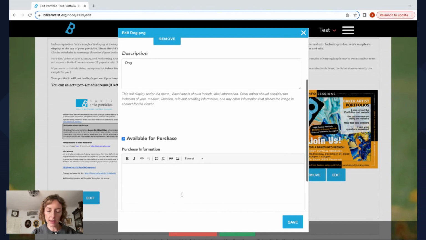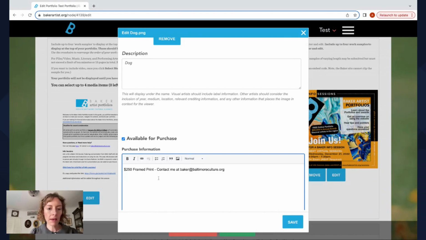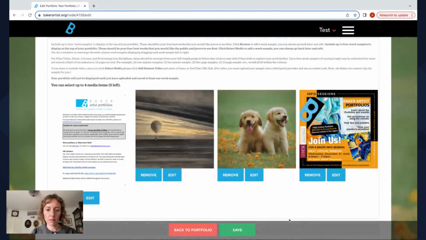This is not actually my photograph of puppies, so I cannot actually sell it, but let's pretend. And in this purchase information, I'm going to put $250, the price, that it's a framed print, and my contact information, how someone who's interested can get in touch with me. You can put whatever you want in that purchase information. Once you save it,